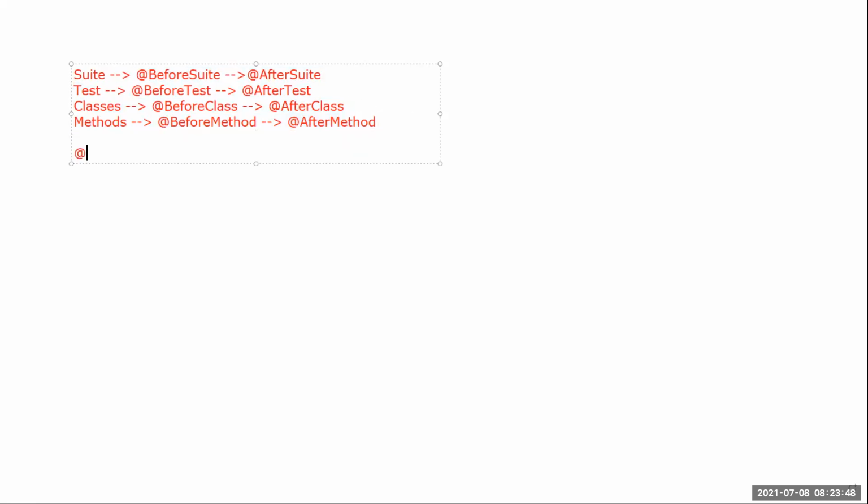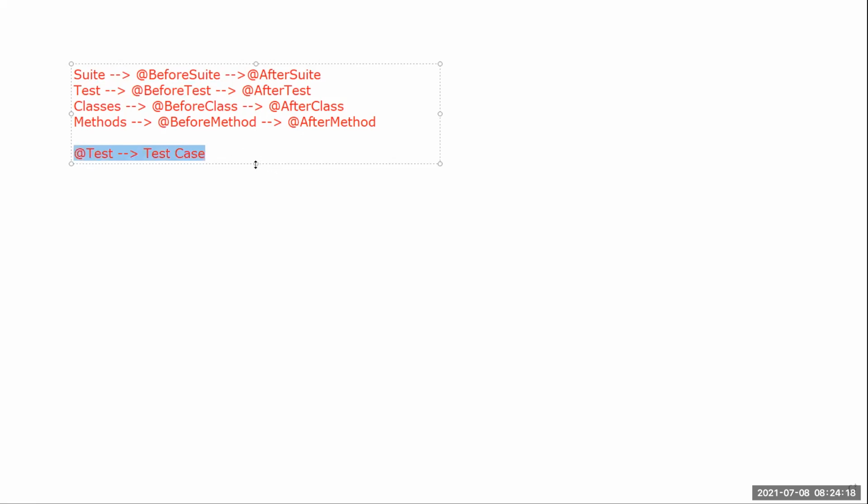And if you want to mention a test case, you have to use the @Test annotation. So this is the actual method. These are the 9 annotations that we generally use, or you should know: BeforeSuite, AfterSuite, BeforeTest, AfterTest, BeforeClass, AfterClass, BeforeMethod, AfterMethod, and then the method itself, which is the test.